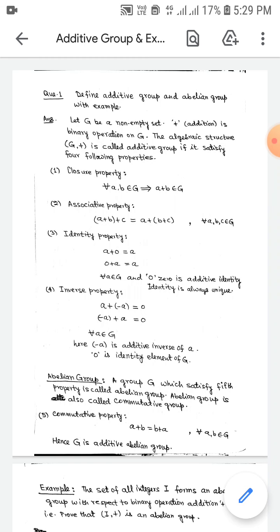The binary operation is a function which is defined from G cross G to G. So binary operation is a function which is defined from the Cartesian product of G, that is G cross